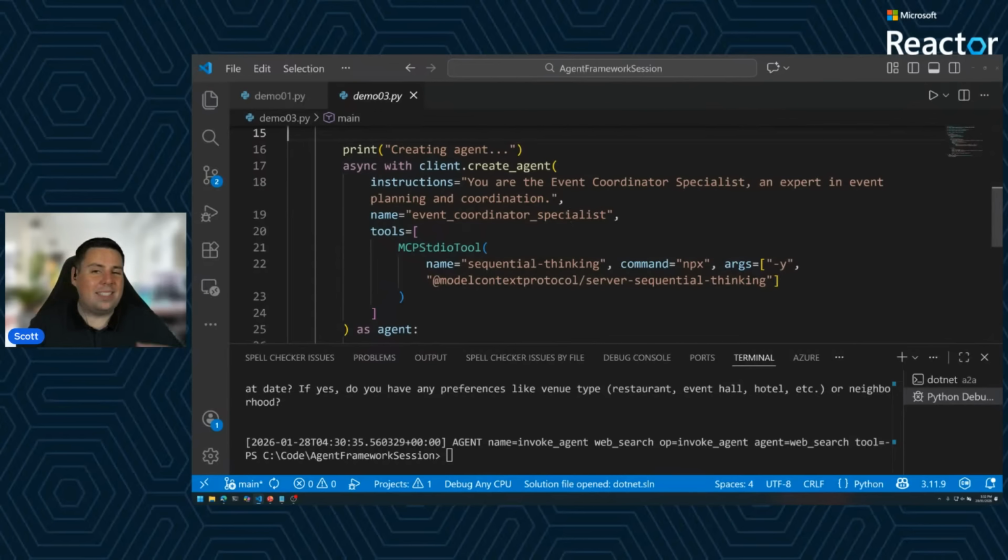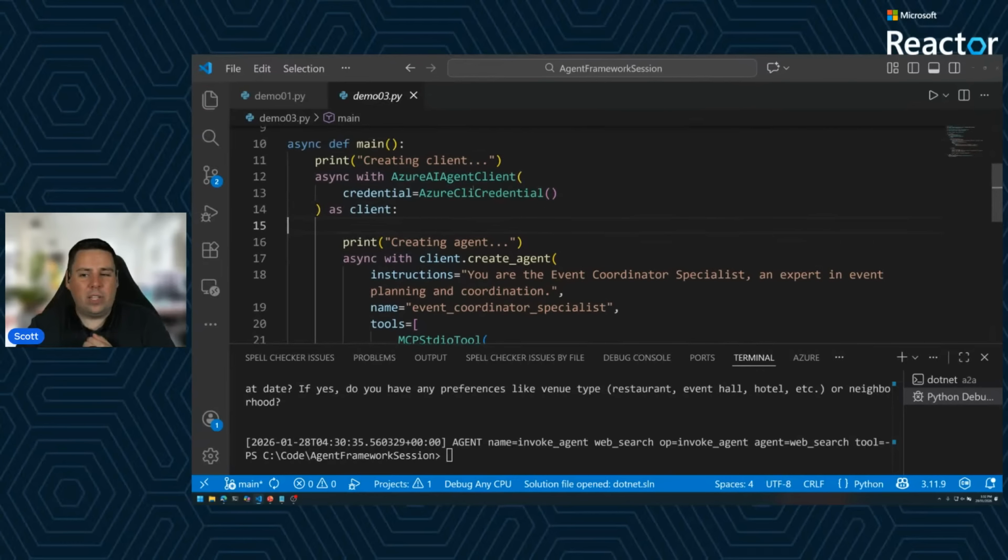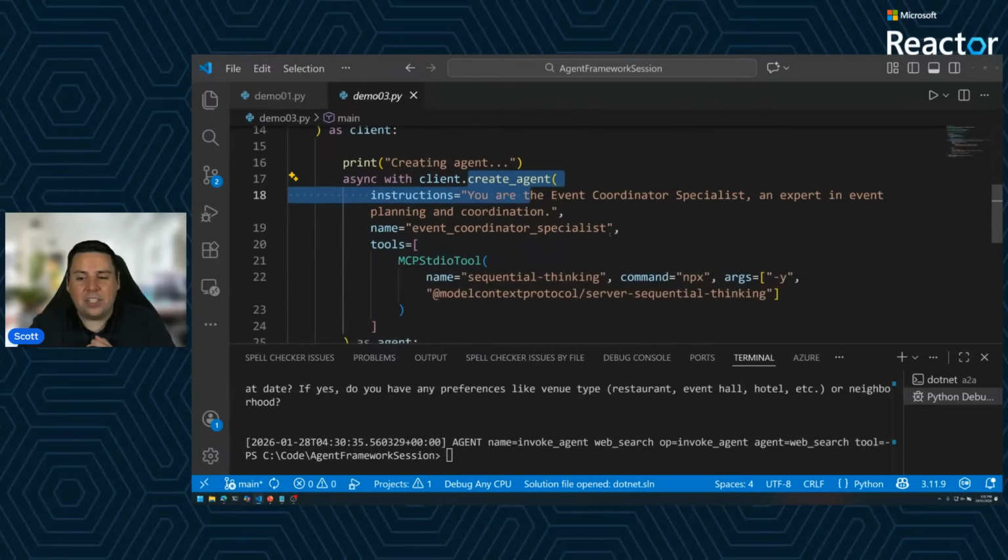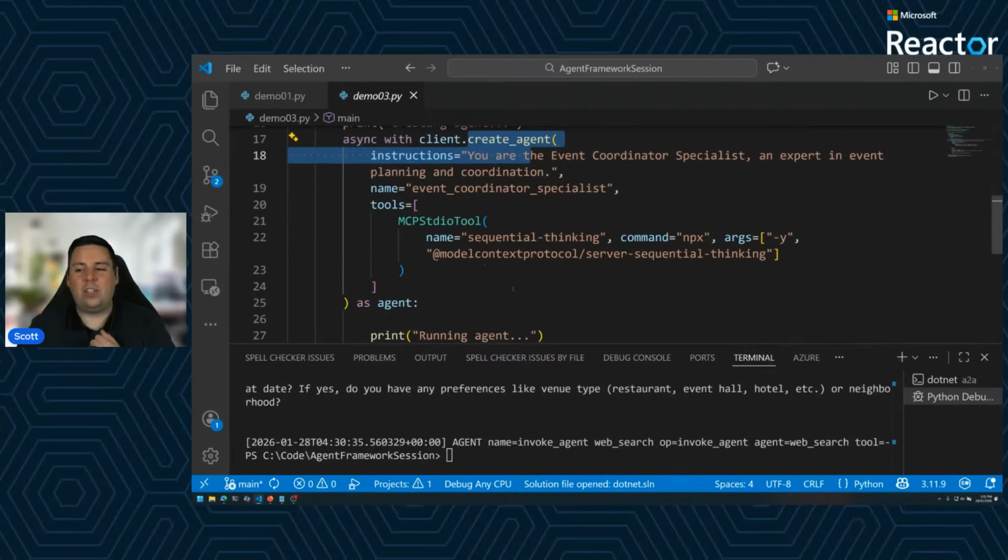Here you'll notice it's exactly the same structure. We create our client, we create our agent, and then from there we can define the tools that we'd like to run. Here you can see that we're actually running an MCP standard IO tool, which means that it's running on my local machine and using standard input and output to talk between the MCP server process and my application.